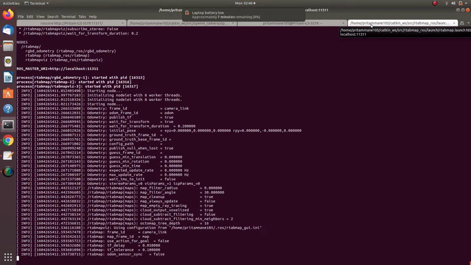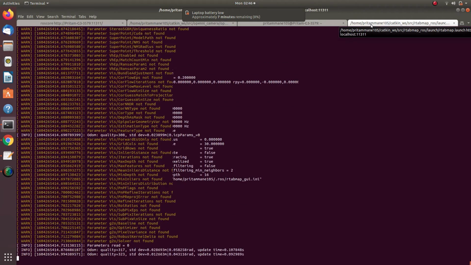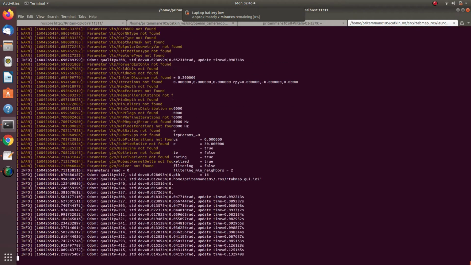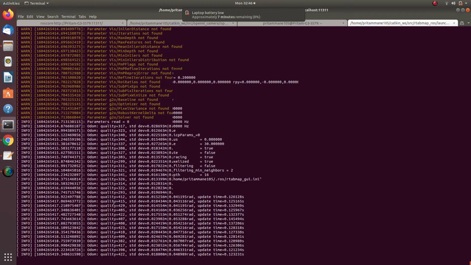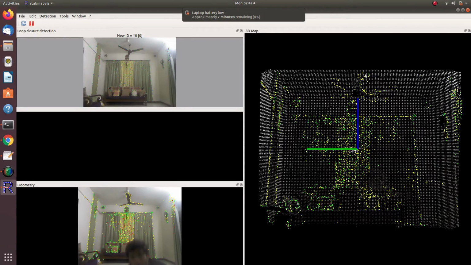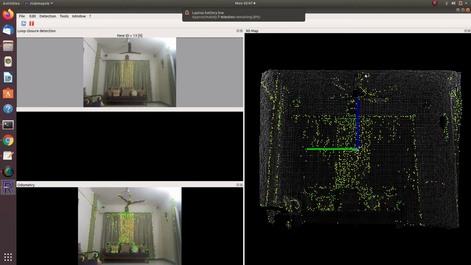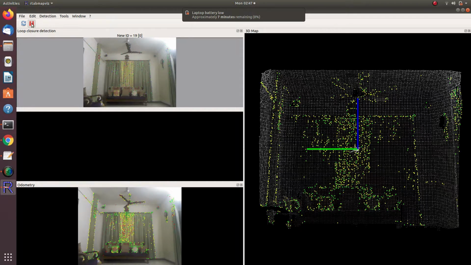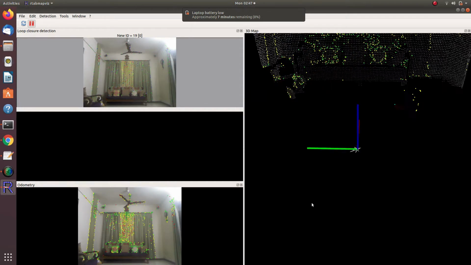Now we will see the demo with the object detection model. This model eliminates the frames in which a person is detected. So here we can see how the frame stops when a person is detected. During the entire time when the person is in the frame, the reconstruction is paused. As soon as the person is out of the frame, the reconstruction begins again. This is how we eliminate the dynamic objects from being reconstructed.